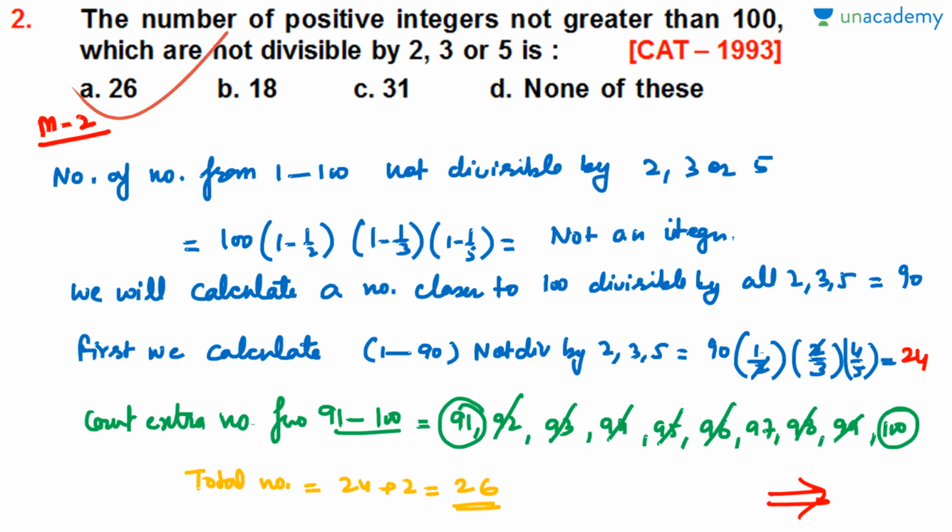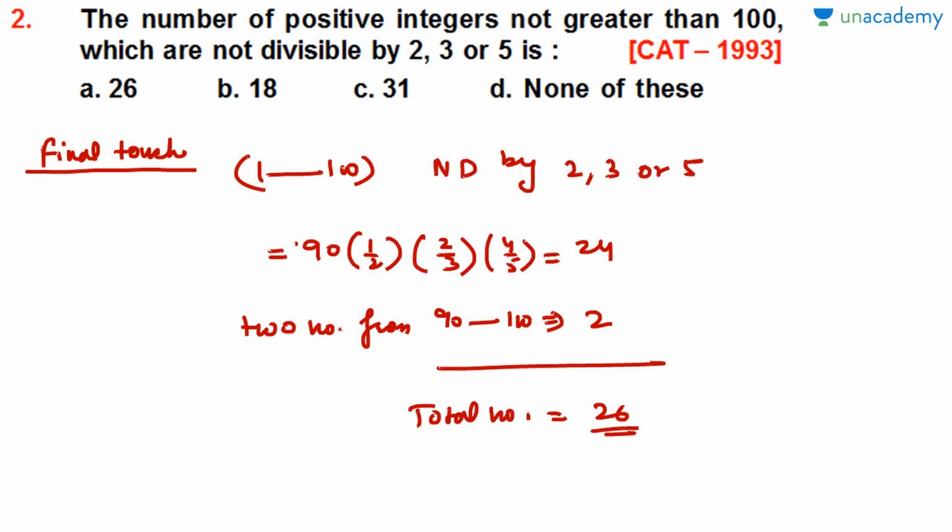Got this point? Now what is the final approach for this? No need to solve the entire question like this. If you command this method, then how do you finally do it in the exam? If you get 1 to 100, or 1 to 200, or 1 to 300, how will you do it? You won't do it this long. Simply, as with 1 to 100, first of all 2, 3, 5: 2 divides 100, 5 divides it, but 3 doesn't. It means we have to calculate the number which is closest to 100, less than 100, and divisible by 2, 3 and 5. It is 90. So 90 into 1/2, 90 into 2/3 and then 4/5. This will give us 24.